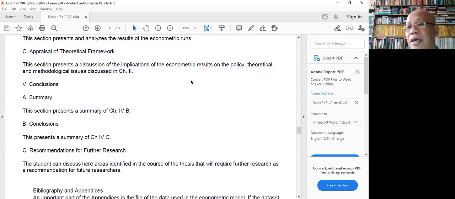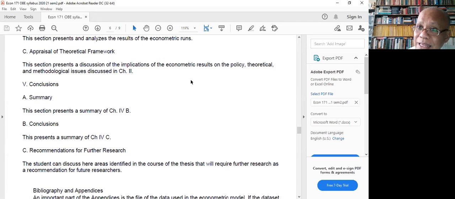It just presents the summary, the conclusions, and recommendations. In the summary, you just mention there, okay, restate there what was your research question, what was your hypothesis, what was the theoretical framework that you used, and what econometric model did you use, and what procedure did you follow. If you say use panel data regression, if you did three-stage least squares, siya pala ko integration tests, okay, lalo na pag sa